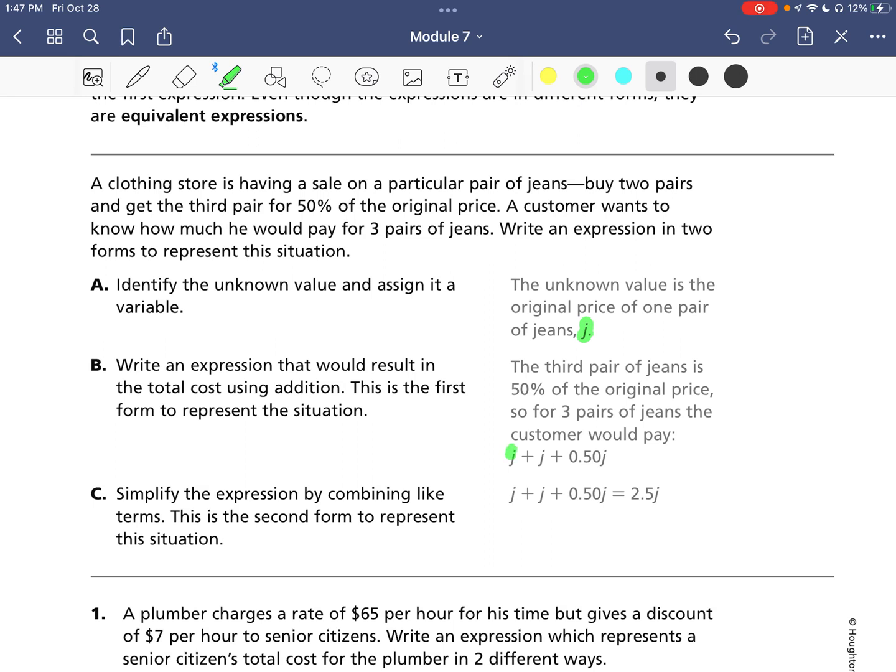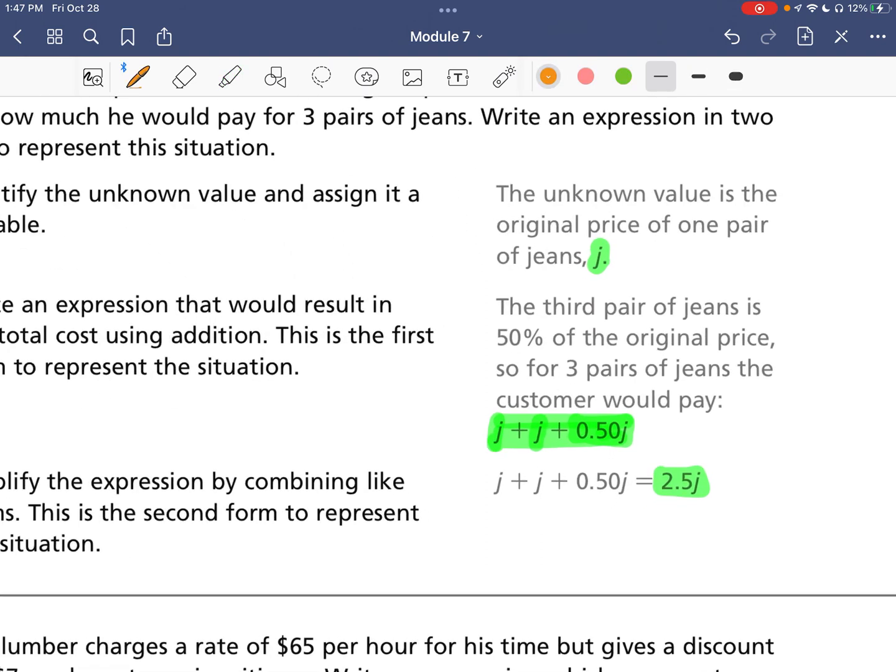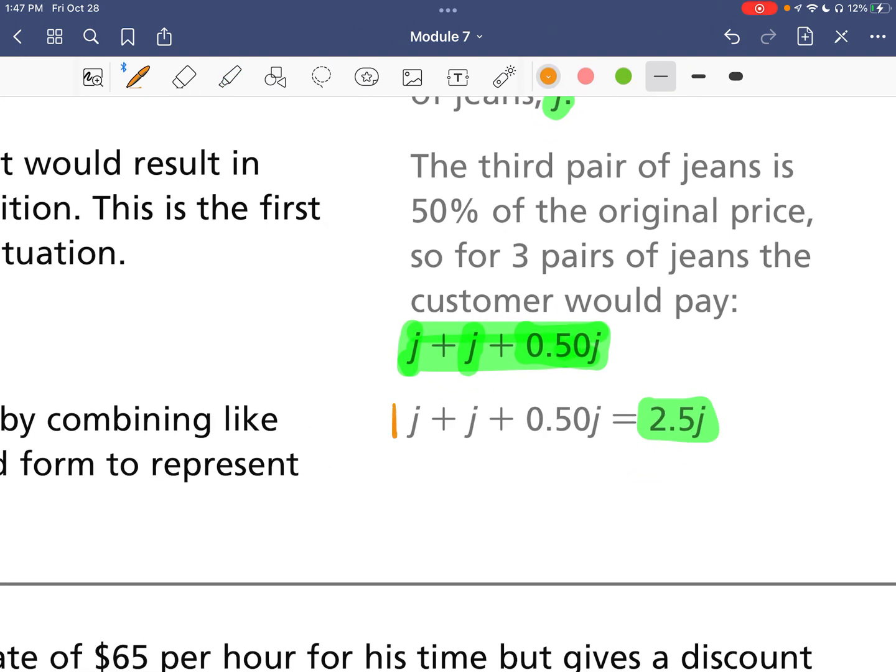So we have J, this is our first pair, J, our second pair, and then our third pair is half off, so times 1/2 or times 0.5. This right here is one way to write an expression. And then our other form is to combine those like terms. Just a refresher, if nothing is in front of your variable, it's a 1. So if we take all of our coefficients here, 1 plus 1 plus 0.5,